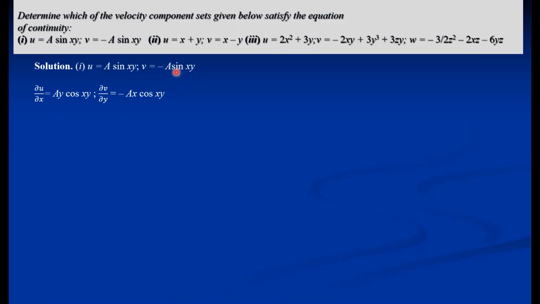Differentiating sin xy again gives cos xy, with the minus sign, and with respect to y it gives x. So ∂v/∂y = minus ax cos xy. This is a simple type of derivation; 12th standard derivation is required for solving problems in kinematics. Even if you don't understand the fundamentals of kinematics, you can still solve the problems if you are good in mathematics. Only two concepts are required, derivation and integration, and that too 12th standard level.